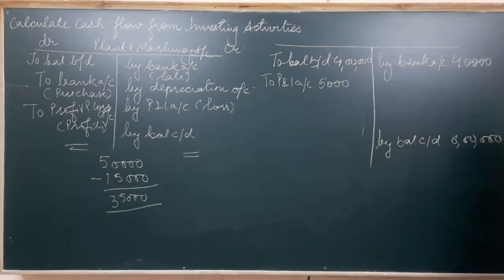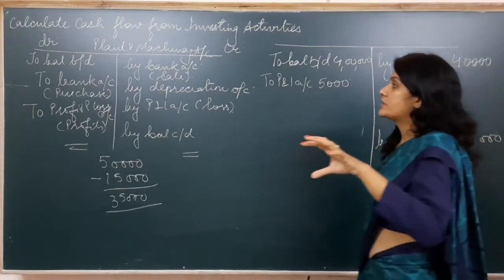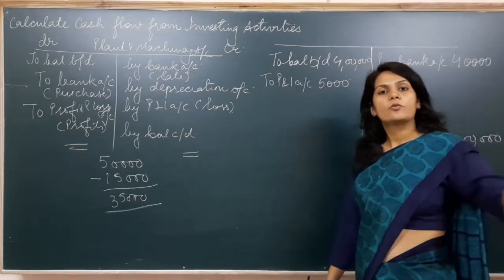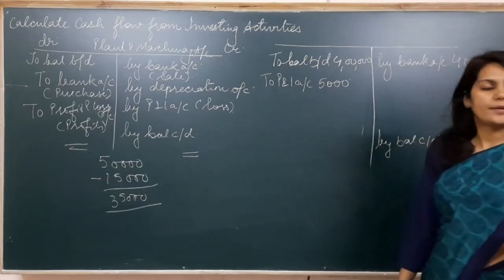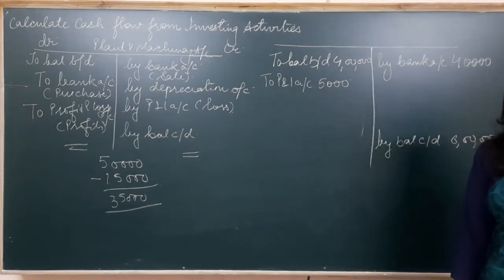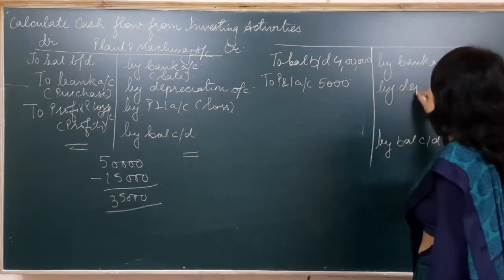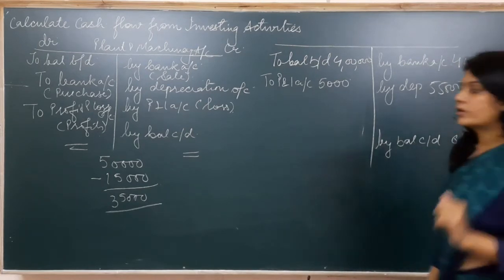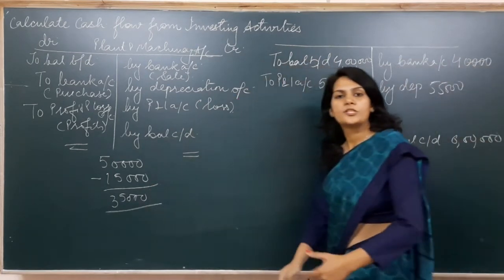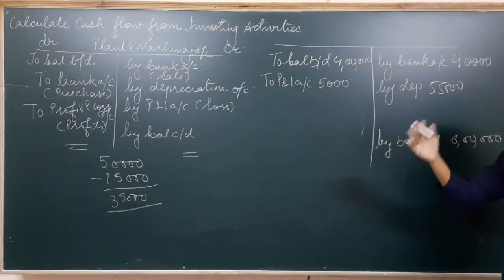Now read the next line. The next line is depreciation charged on this machinery 55,000. Now what is being said here is that this depreciation is on all the machineries which a company is having, right? This 55,000 is the depreciation on all the machineries. So we have to write here 'By depreciation 55,000'. We are not going to record the depreciation of the sold machinery because this machinery is not with us anymore. So this depreciation is on the leftover machineries.